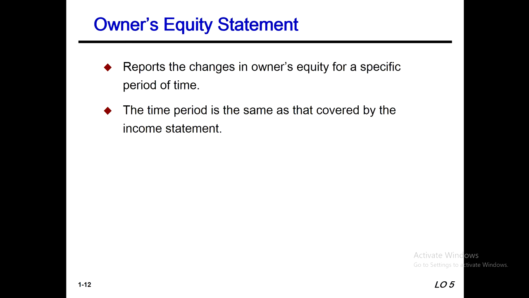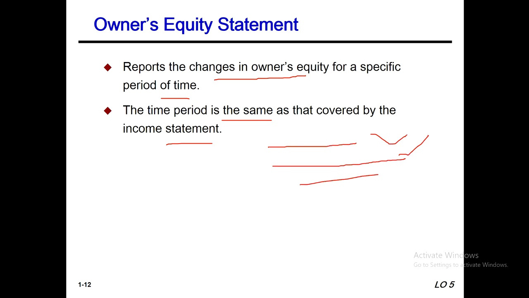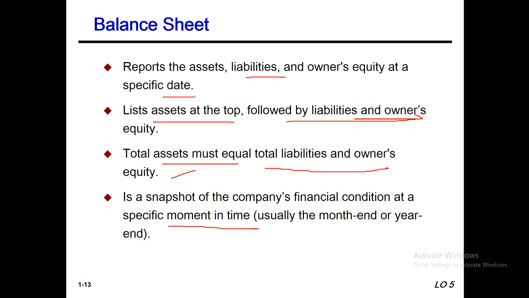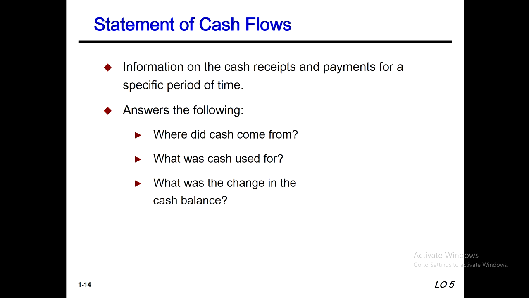The owner's equity statement reports the change in owner's equity for a specific period of time. The time period is the same as that covered by the income statement, maybe 1 month, quarterly, 6 months, or yearly. And now the balance sheet reports all assets, liabilities, and owner's equity at a specific date. List assets at the top, followed by liabilities and owner's equity. Total assets must equal total liabilities and owner's equity. It is a snapshot of the company's financial condition at a specific moment in time, a specific date. Okay, a statement of cash flows information